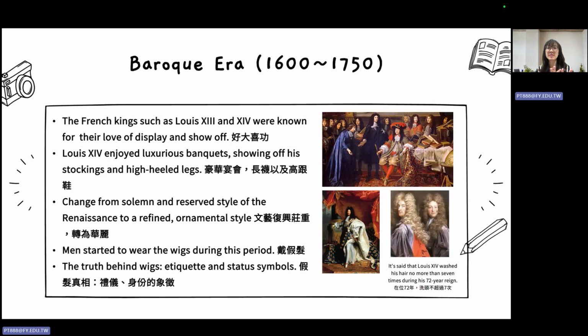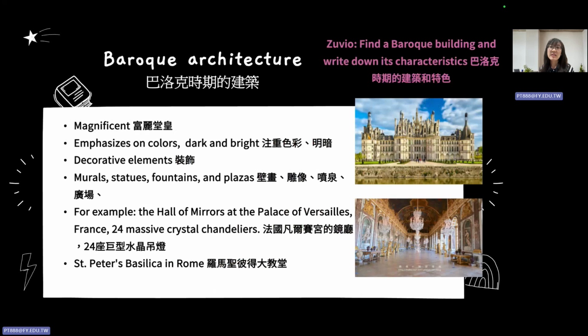And it started to change from the solemn and reserved style of the Renaissance to a more refined and ornamental style. 那也从早期比较庄严的、比较保守的这种曲风呢，文艺复兴的曲风，逐渐的转成这种比较华丽，然后比较精美的这种风格。Men started to wear wigs during this period. 那男生呢，在这个时期开始戴上那个假发。So the truth behind the wigs: etiquette and also status symbols. 好，那是礼仪跟这个身份的象征啊。